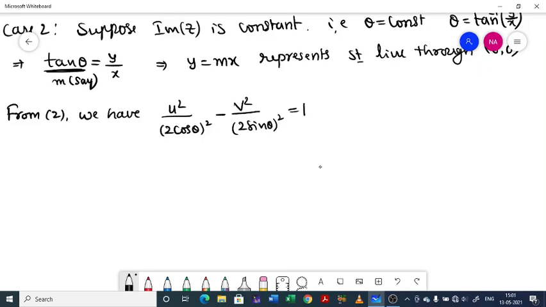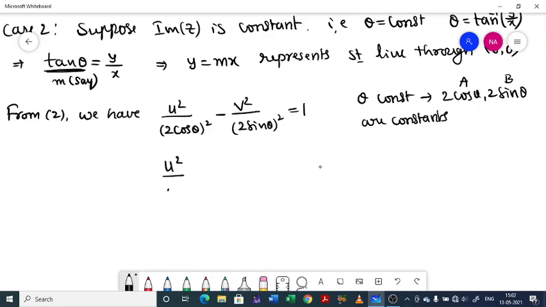Now theta is constant, that implies 2 cos theta and 2 sin theta, these two parameters are constants. So we can take this as capital A and this as capital B. So it will be u square by a square minus v square by b square equal to 1, which represents a hyperbola